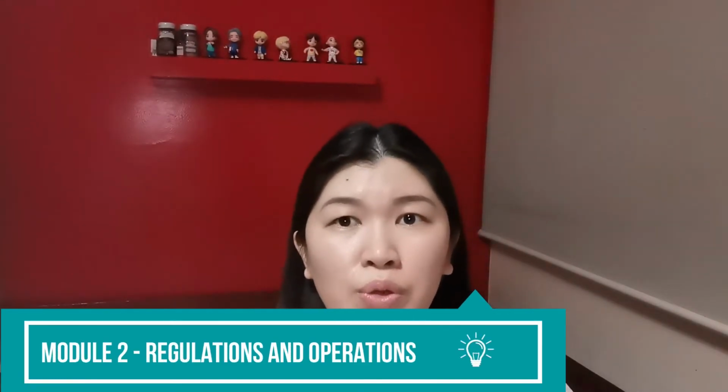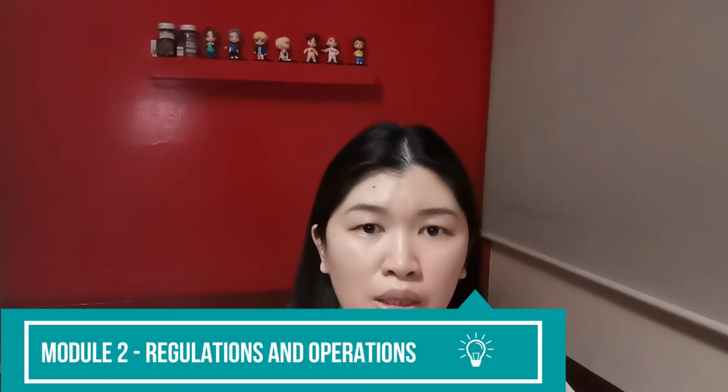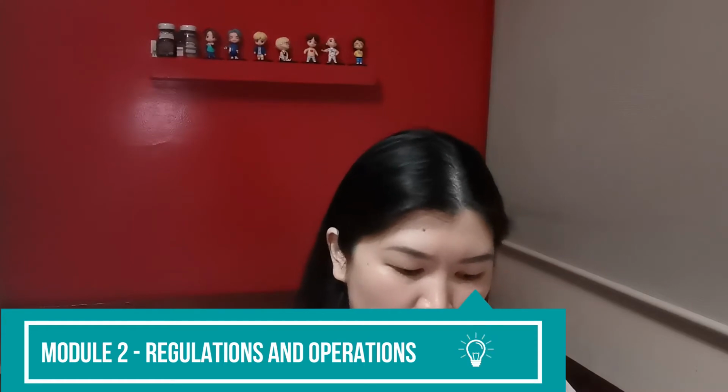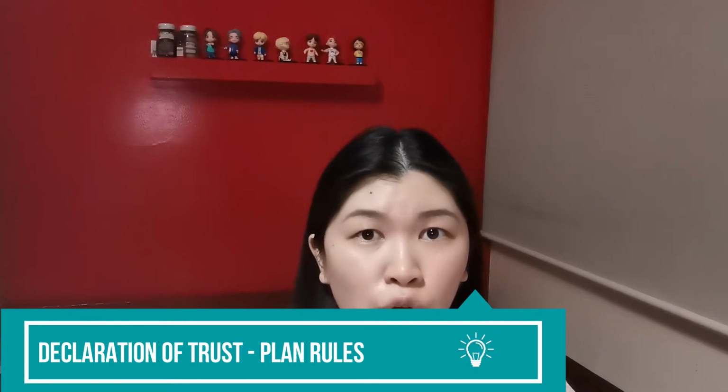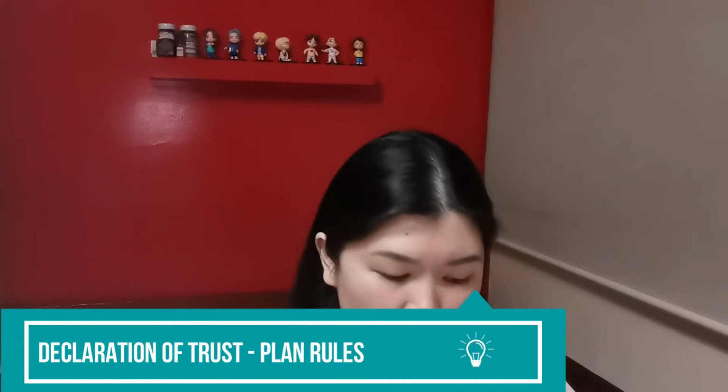So, sa module 2, yung regulations and operation naman, basically, each UITF should have a declaration of trust. It's a written plan rule in the form of a trust agreement. So, nakalagay dito yung mga